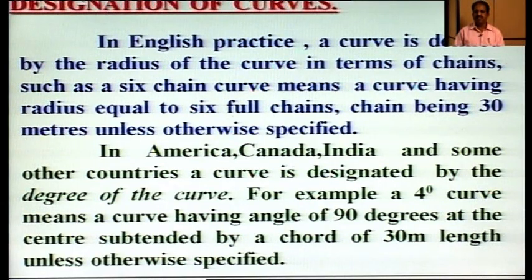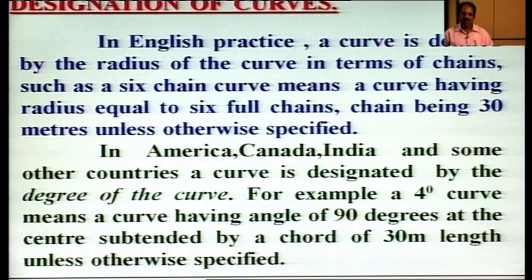You have studied chains in the last semester, such as a 6 chain curve, meaning a curve having radius equal to 6 full chains, a chain being 30 meters unless otherwise specified. And in America, Canada, India and some other countries, a curve is designated, as I have just explained, by the degree of the curve. For example, a 4 degree curve